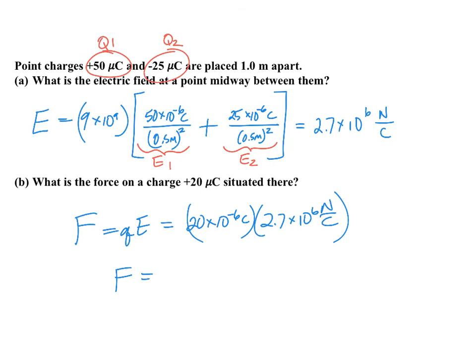And so your force works out to be 54 newtons. Again, we just, I don't know, an hour ago, had that one problem where the force on an electron or something was a large force like this. And so this would be a lot of force on something like that. Okay, so